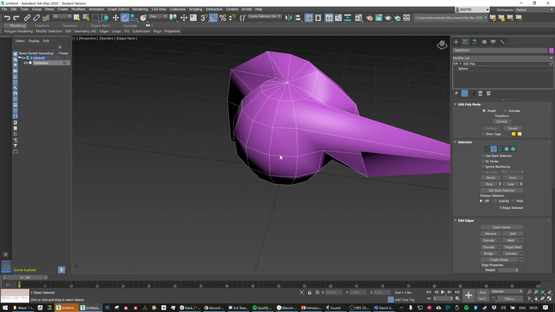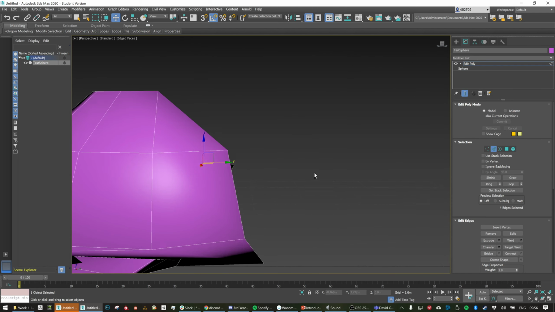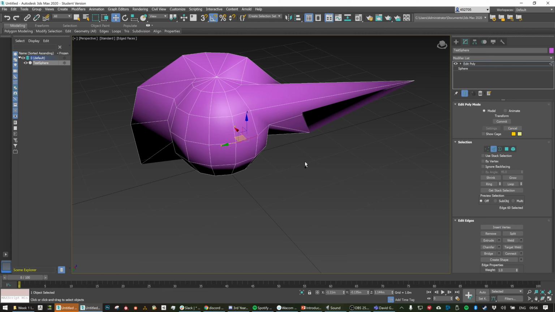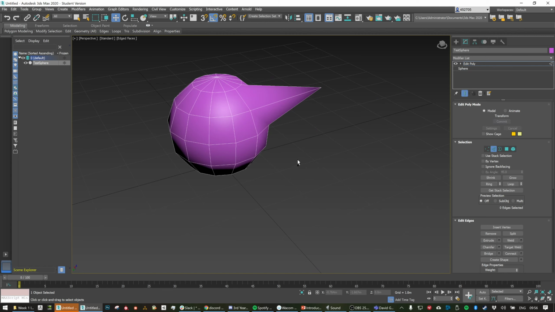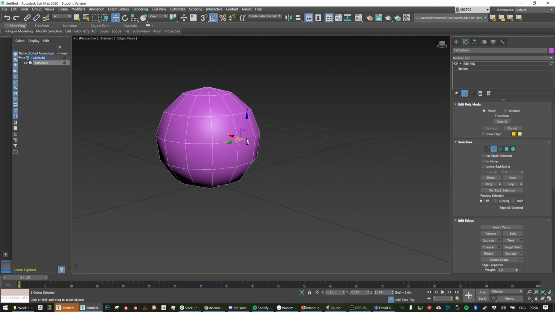These are edges, so if I want to grab these, if you hold control, you can select more than one and move them out. And there we go. We make a crappy UFO. So another method of selecting, like if I know I'm going to select all the way around in an edge loop, and again, this is why